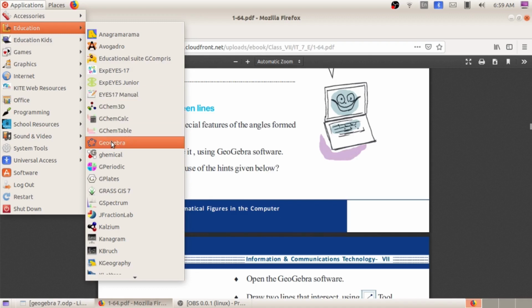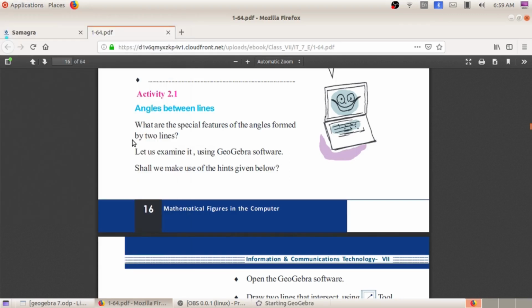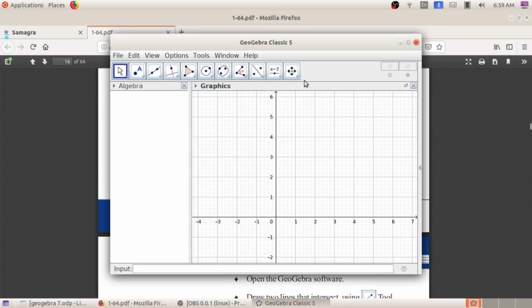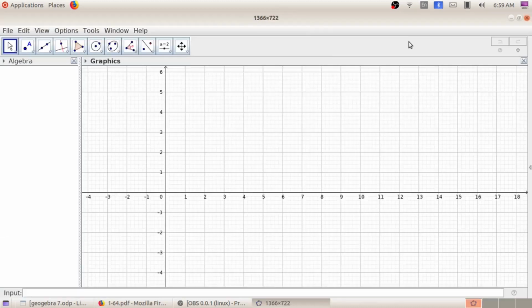Inside that you can see the application GeoGebra. So once again, applications, education and GeoGebra. Click on that. So the application will be open now. So this is how to open the application GeoGebra.